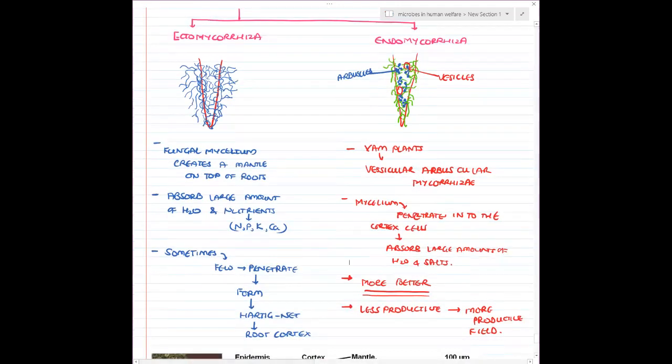Okay guys, very important thing if you want. Here this Hartig net, they will always ask you what this Hartig net structure is. And here they will ask you what the vesicles and arbuscles are. And sometimes, in one of your board papers, guys, what had happened was they had asked